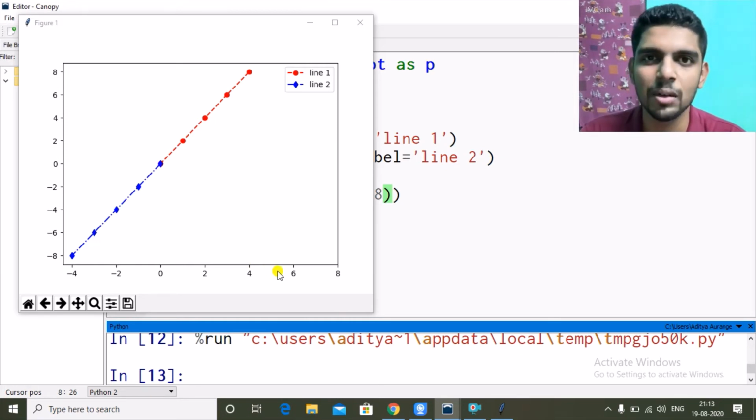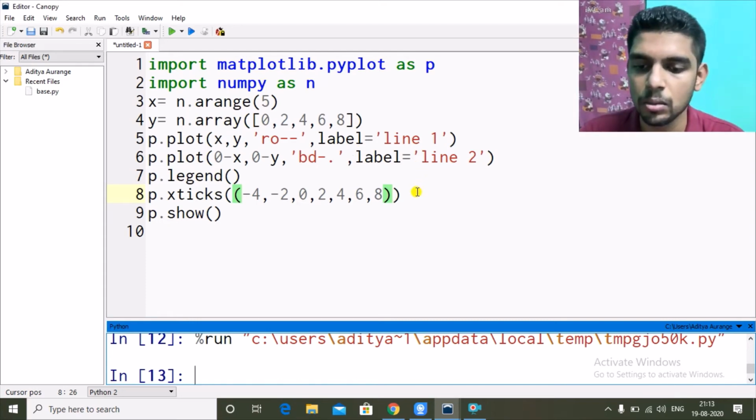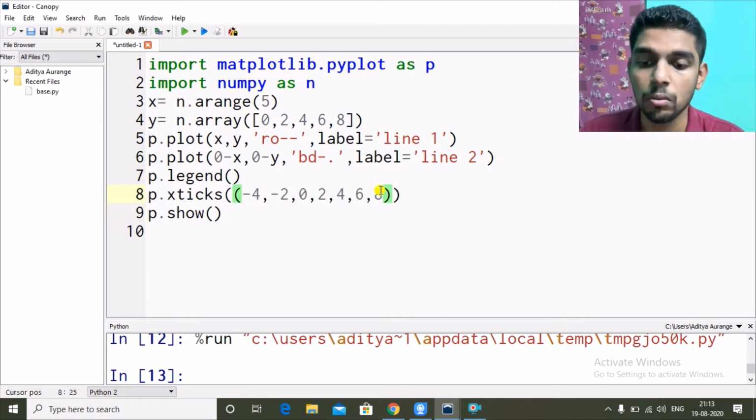Now I gave 6 and 8 in the property, so it is also including that. Same thing can be done on the negative side, -6, -8, and same thing can be done for y-axis as well. So one more thing, our values range from -4 to +4. Now I gave 6 and 8.